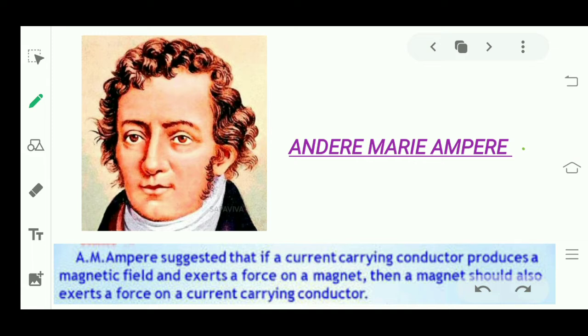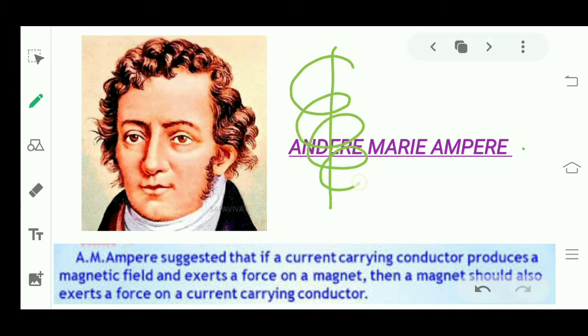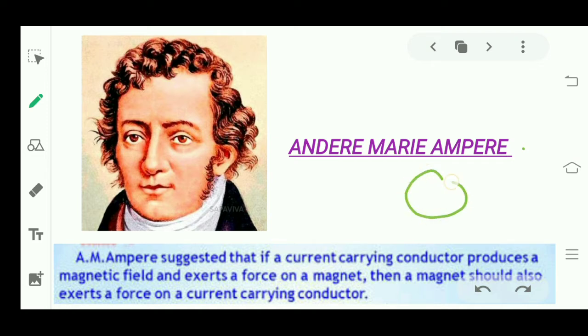Firstly, about electromagnetism, who told us? Oersted's experiment, right? What Oersted said was that a current carrying conductor produces a magnetic field, and the force of this magnetic field is experienced by a magnet placed in this magnetic field. So this was said by Oersted. Now what did Ampere say? Ampere said that a magnetic field will also apply some